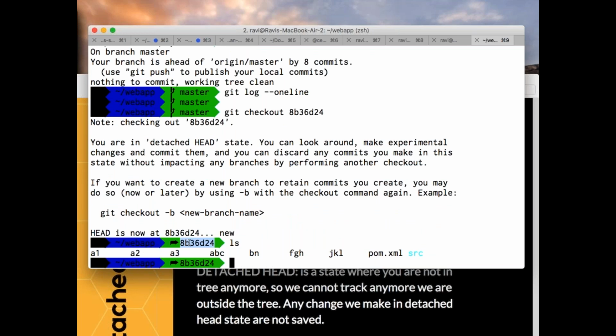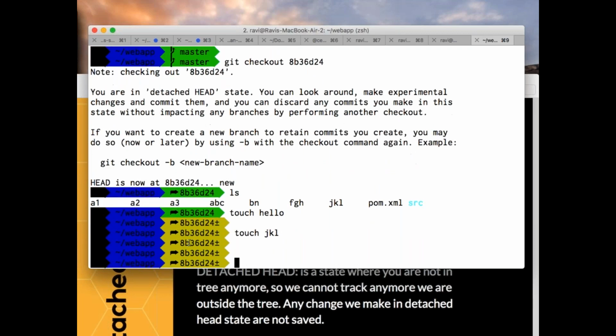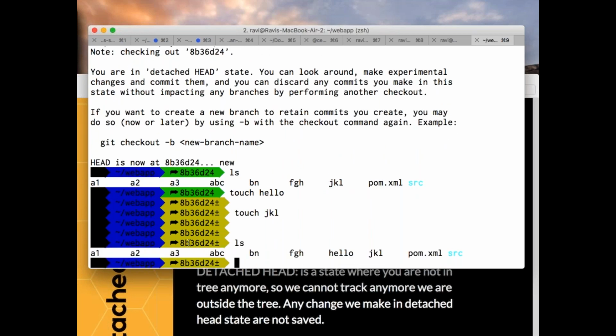Let's say I do touch hello, touch JKL. I created some HTML files, and yes, these are available here. You see, hello, JKL, everything is coming temporarily. But I can do all the changes and check whether everything is working or not. So basically, this is where you can experiment with things, because it's not going to be tracked anymore.